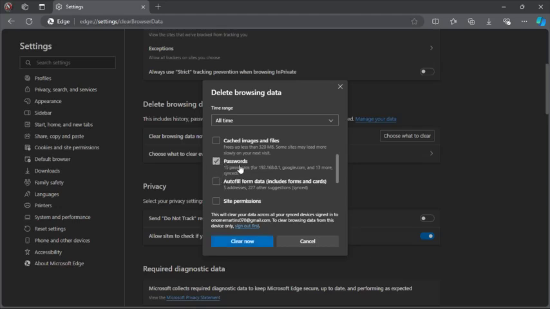You can see passwords. I have about 15 passwords saved in my Microsoft Edge. I even have 13 more. So once I check the password box, I'm going to clear. So that is how to clear your